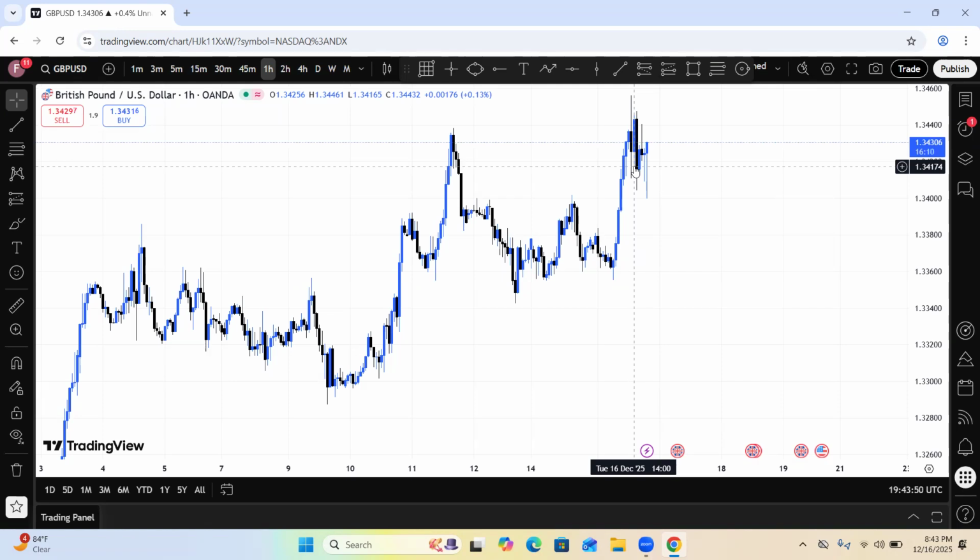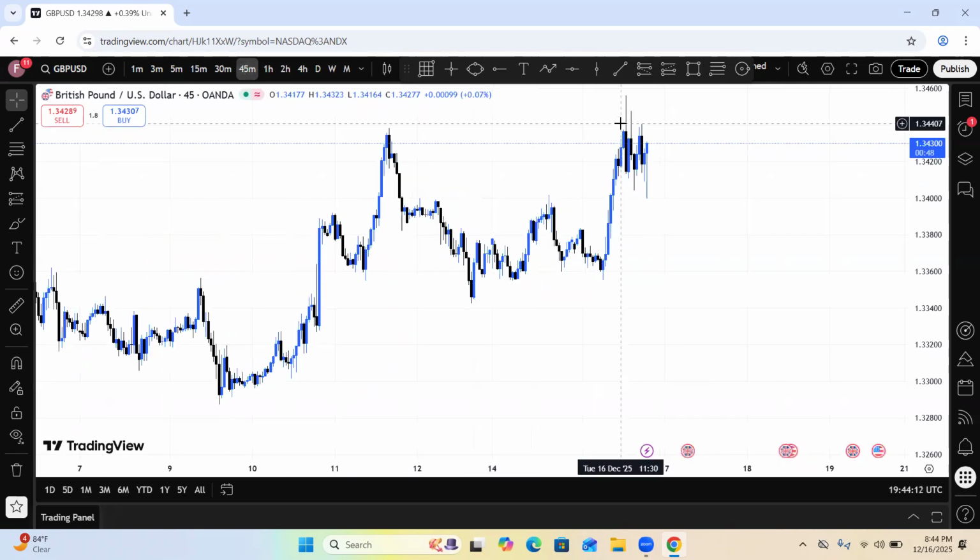Do you guys understand me? Each candlestick that you are seeing on this chart, as it is in the 1 hour time frame, took 1 hour to form. If you go to the 45 minutes time frame, every candlestick that you are seeing took 45 minutes to form. You guys understand? The comment section is so dry, nobody is saying I understand or I don't understand. If you don't understand, let me know so that I don't rush.